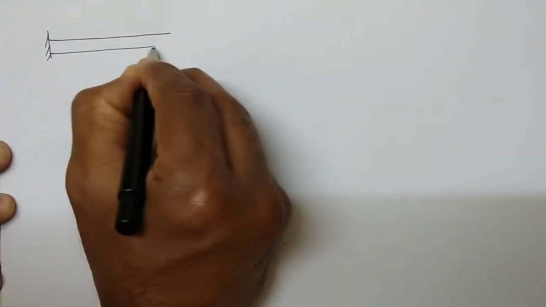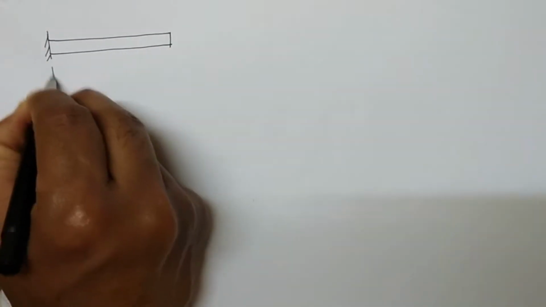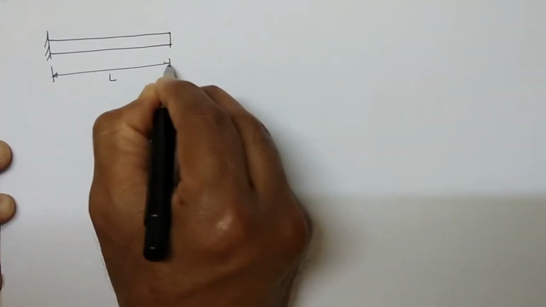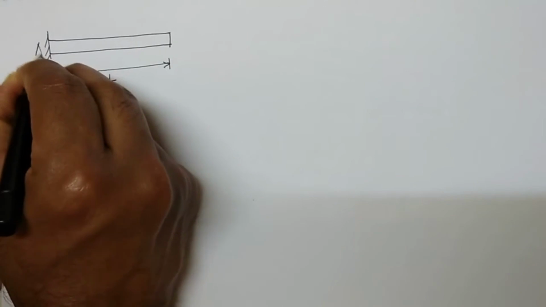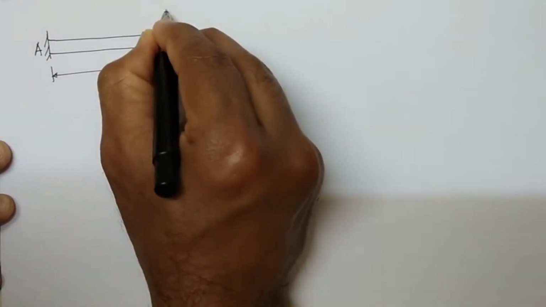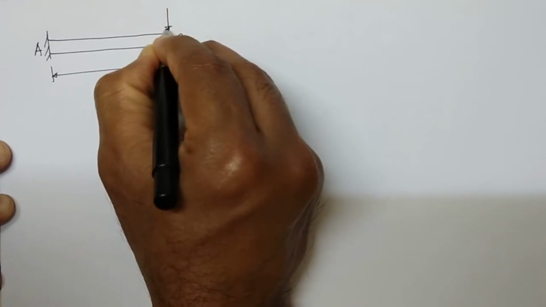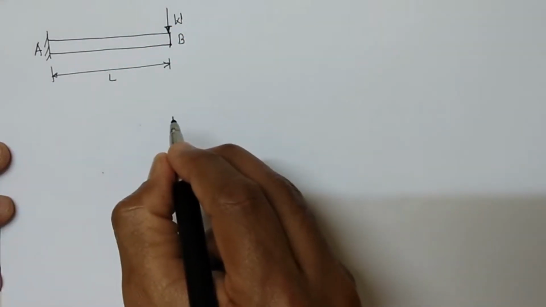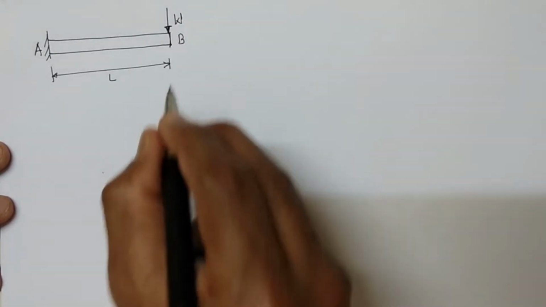This is a cantilever beam of length L, which is fixed at end A and free at the end B. Let a concentrated load W be applied at the free end B,